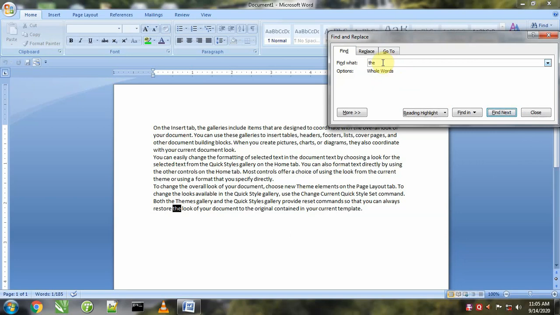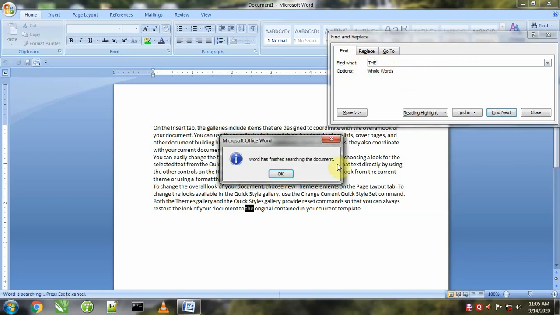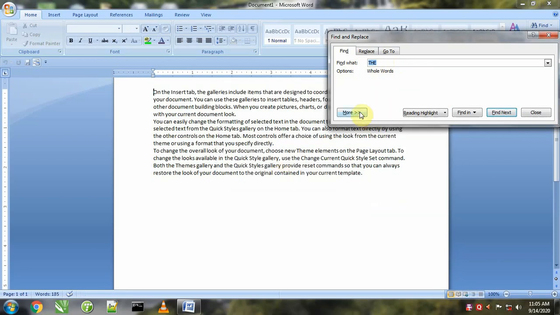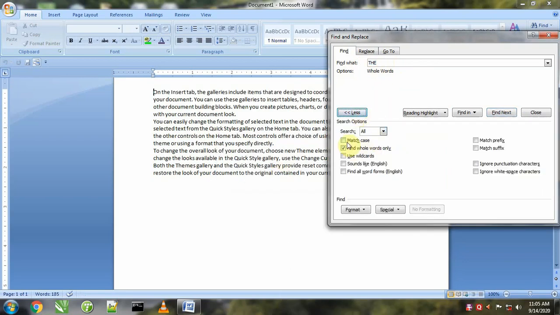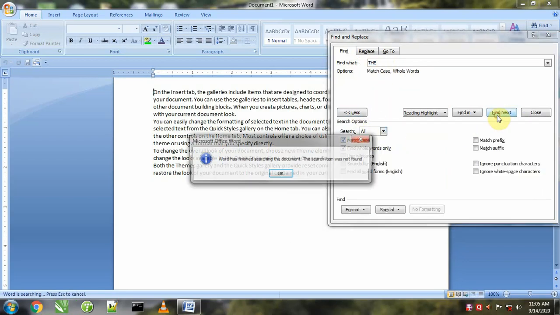Now the second thing is this: if we write "the" in capital letters, it's still searching. But if we say match case, in that case Word has finished searching the document, the search item was not found.